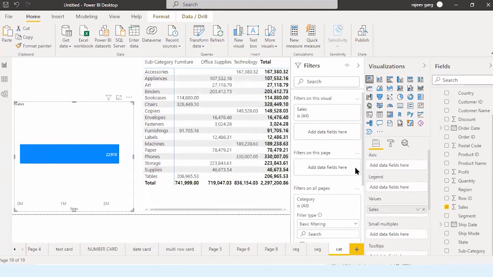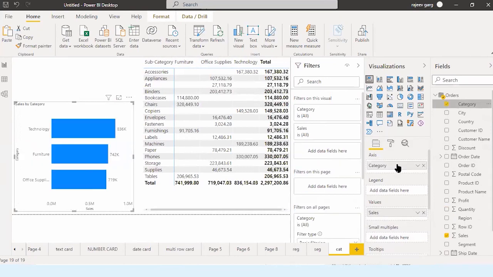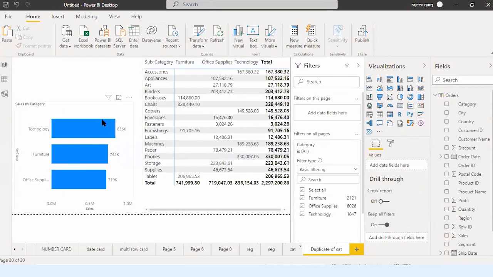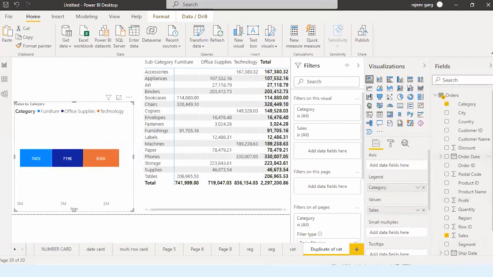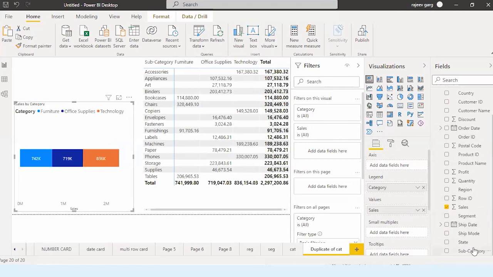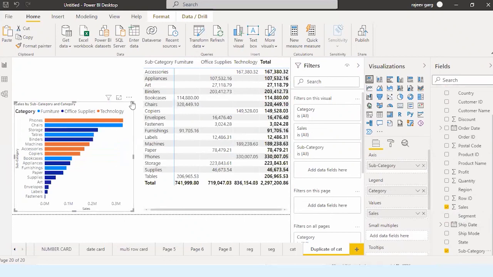And I haven't done this one. This is category. So let me take category over here. And let me duplicate this, where I would like to take subcategory sales.